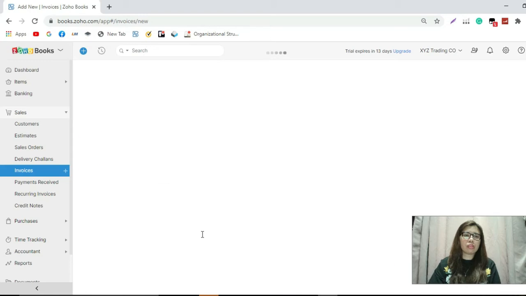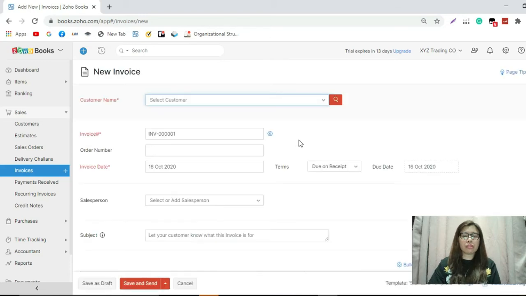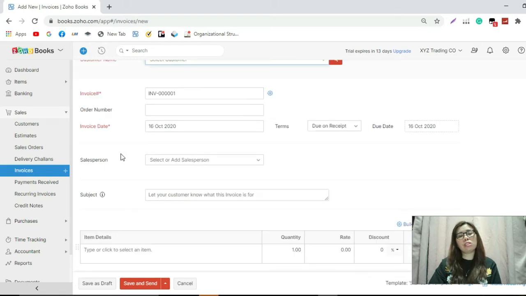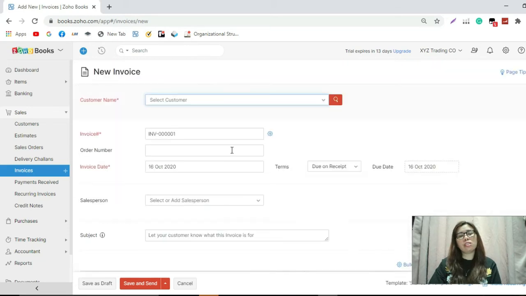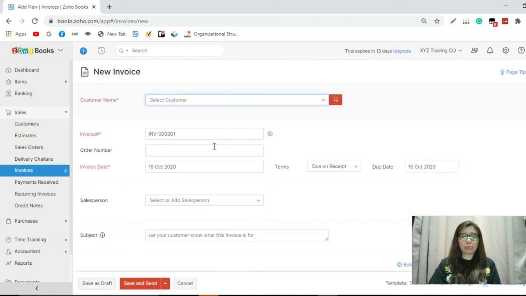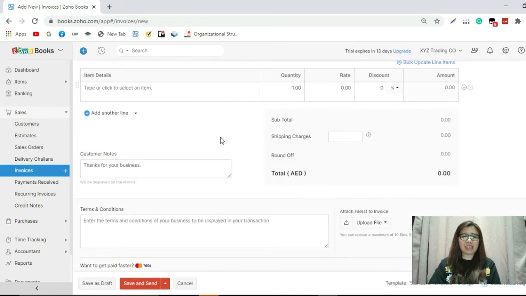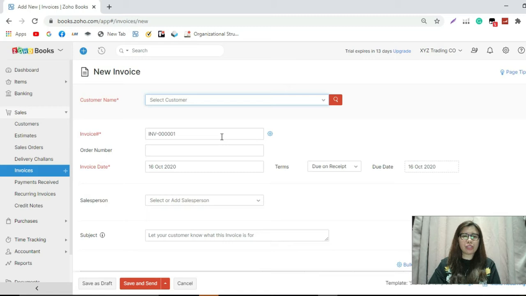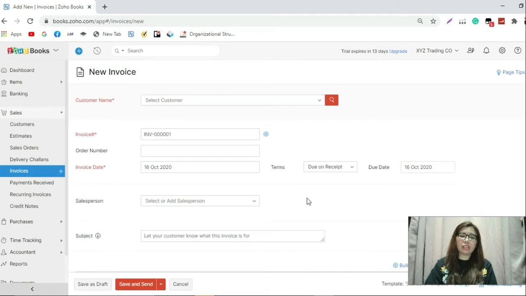Okay. So this is how we create a new invoice. If you observe, there's one missing part here. It's not mentioning the payment method. So we can add a row here for payment method by going to settings,